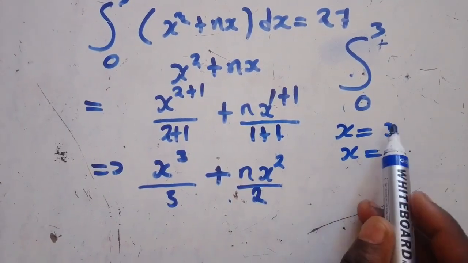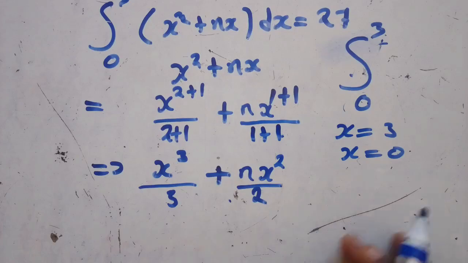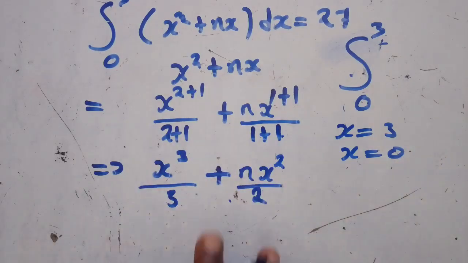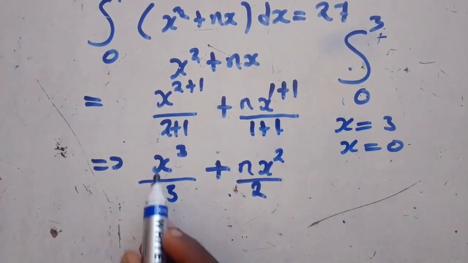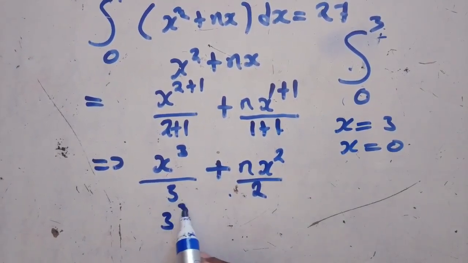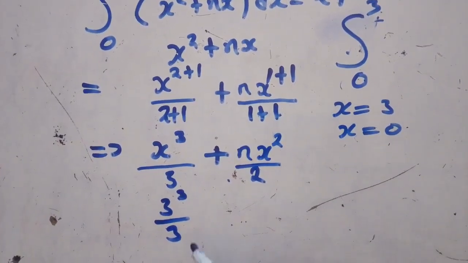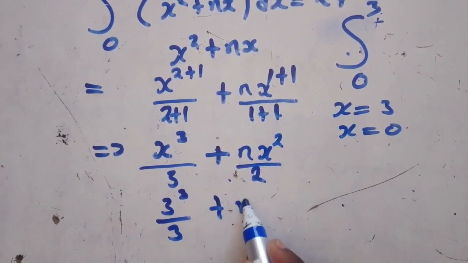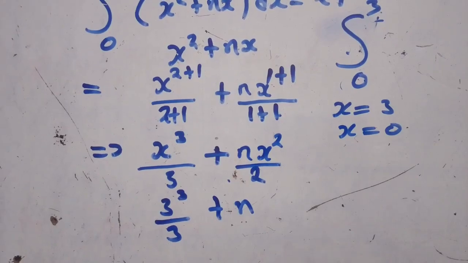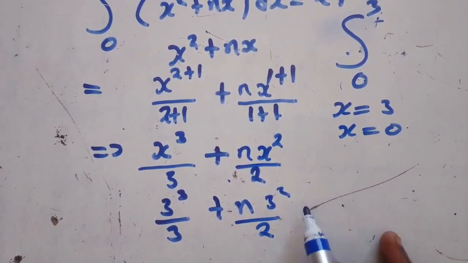So we take the value of x, which is 3, placed in this integral, minus the value of x, which is 0, placed in this integral. So we are going to have x cubed. Remember, where there is x, we place 3. So we're going to have 3 cubed over 3 down here, plus n times 3 squared over 2, minus